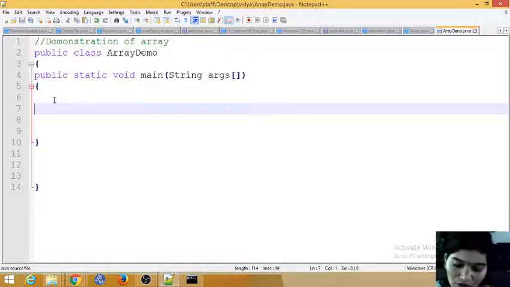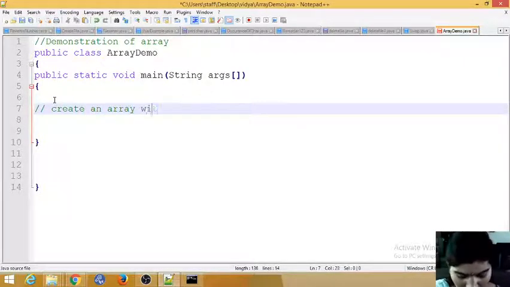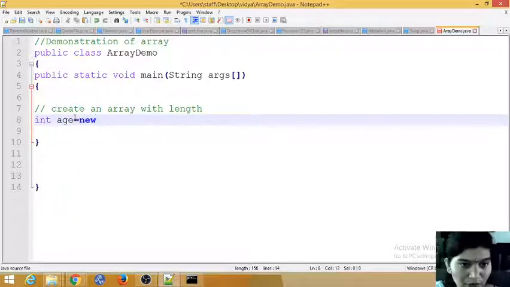Yes, done. Now what I need to do is create an array with a length. I'll comment it: create an array with length. I need to mention the length also, that is how many elements your array is going to handle. I will create an array of type integer, and create an object using the new keyword.